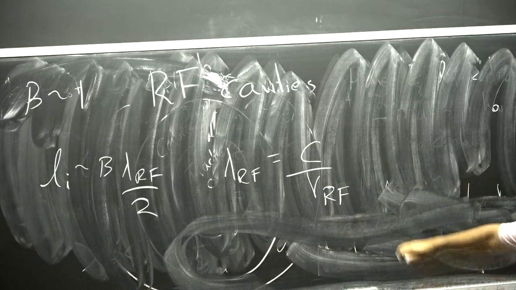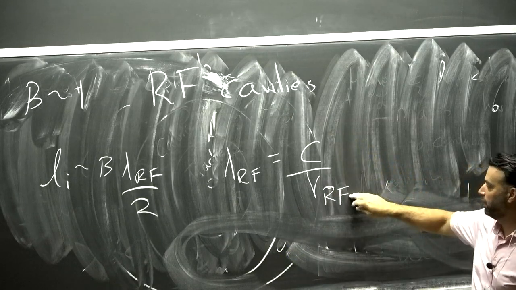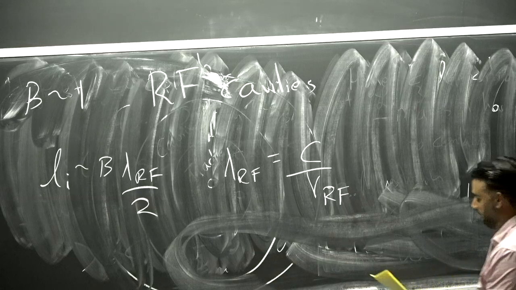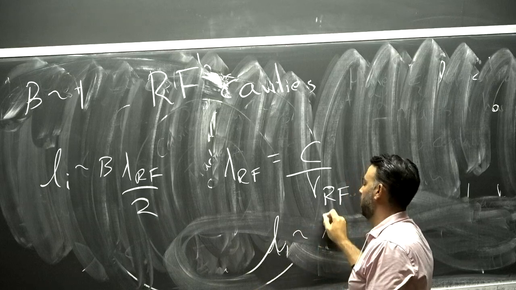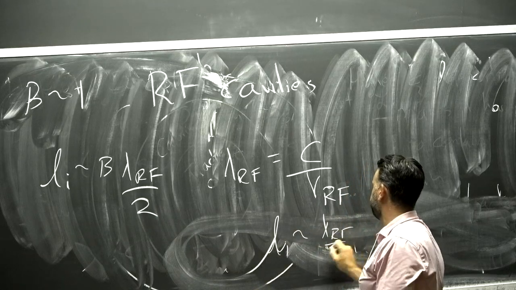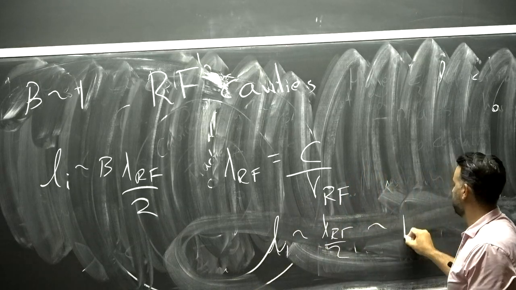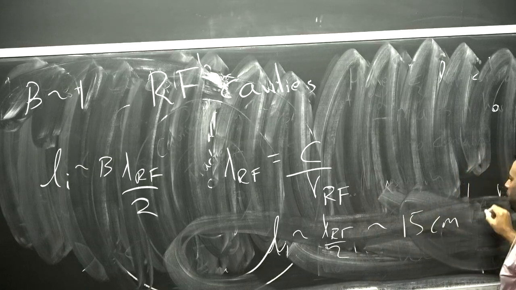And so we got 3 times 10 to the 8th over the RF frequency. And my L is roughly lambda RF over 2. So what we get here is this is roughly 15 centimeters for nu of order a gigahertz. Okay? So that's why these cavities look like what they do. Okay? If I'm driving something at a gigahertz or a few hundred megahertz, it'll be a little bit bigger in terms of order of magnitude, but this is roughly the human scale that we're seeing.